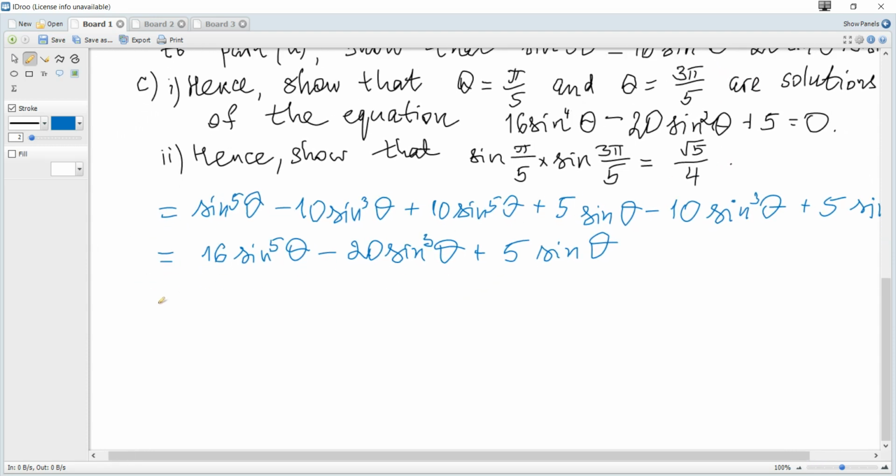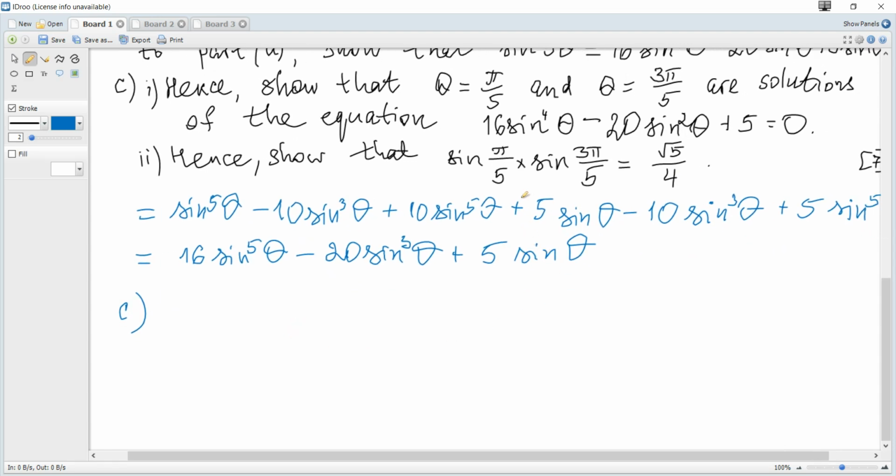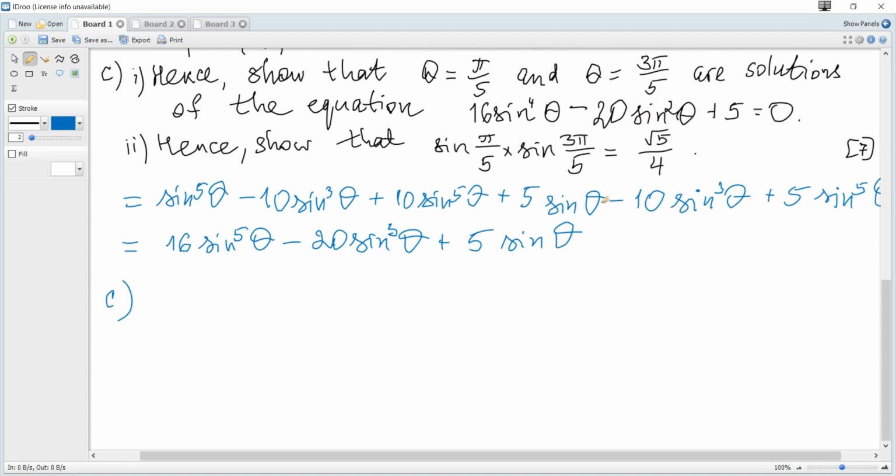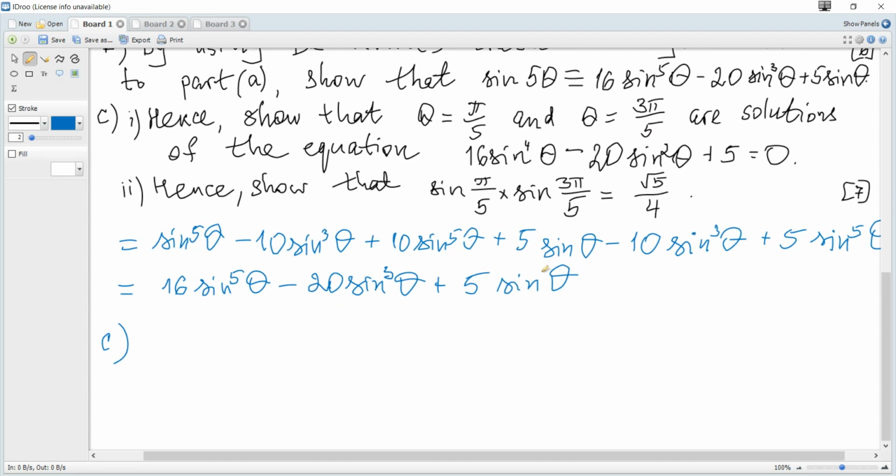Okay, C. Hence it shows that theta is pi over 5 and theta is 3 pi over 5 are solutions of the equation. So let's consider